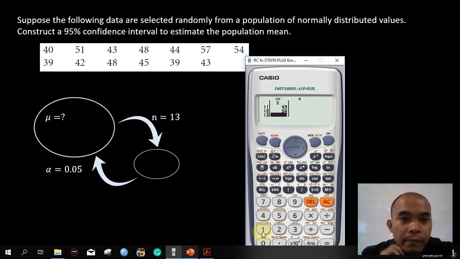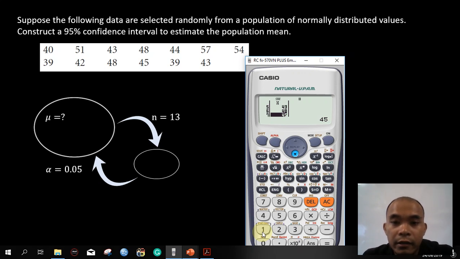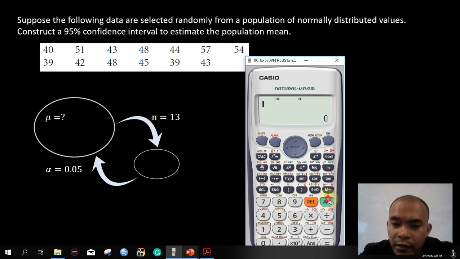There is only 12. 2, 4, 6, 8, 10, 12, 13. Let's review again. 40, 39, 51, 42, 43, 48. Okay, so we have a double 48 here. So the lacking is 48, and then simply, after encoding the data, AC, and then you go to shift, stat,